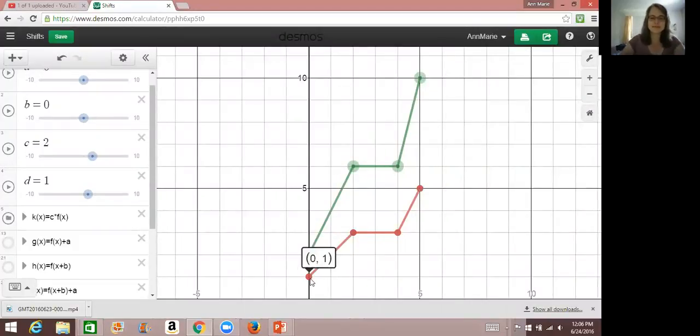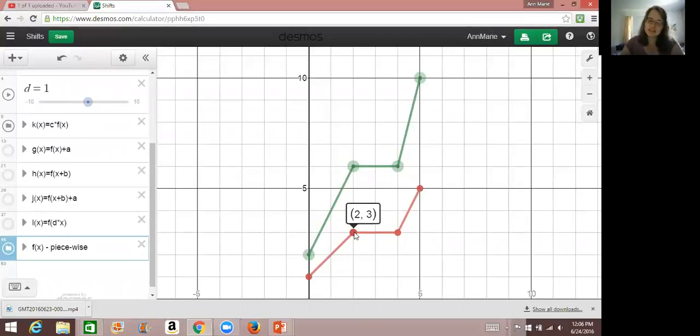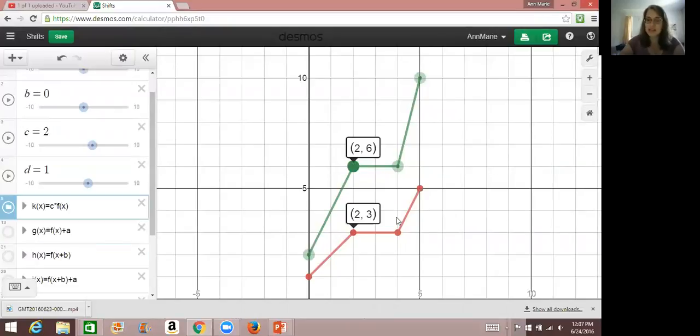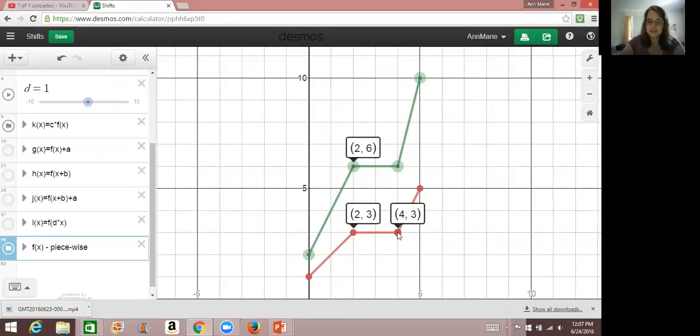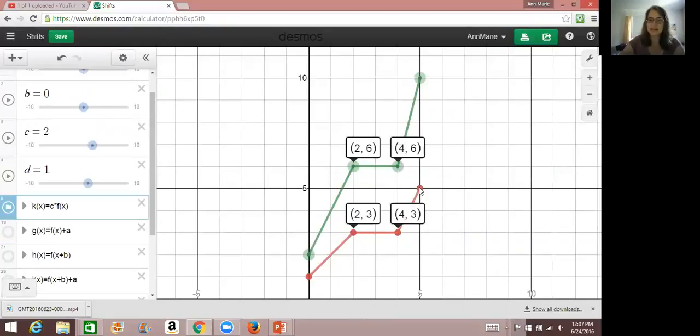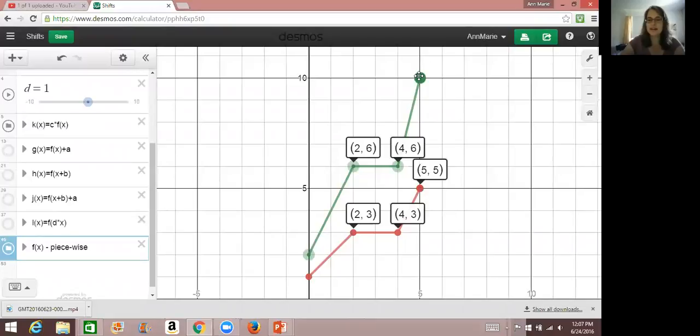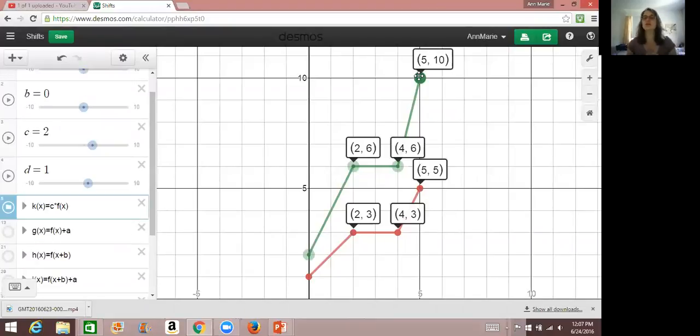Let's see what happened. Let's look at this point right here. We only affected the y-coordinate because we applied our multiplier after our function had done its work. So that means this y should be 2, 6. Yes. And this point should be 4, 6. And yes, it is. And this point should be 5, 10. So notice